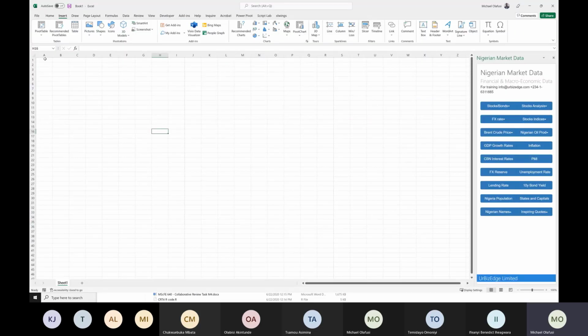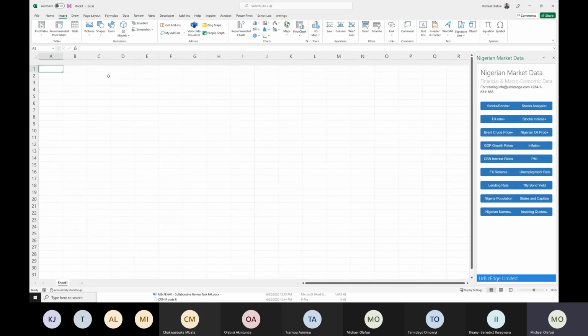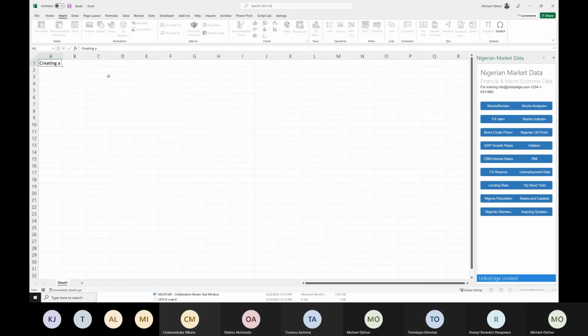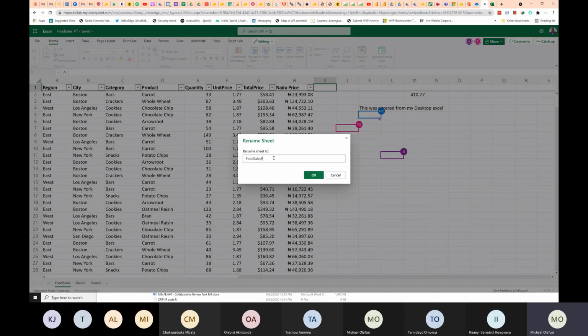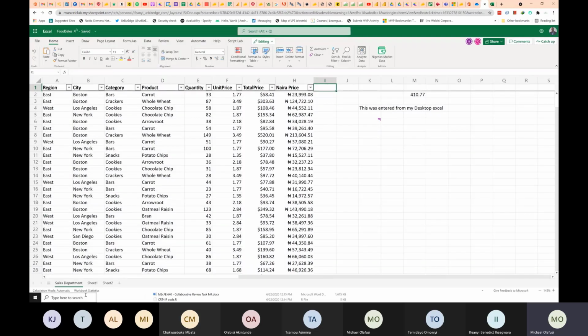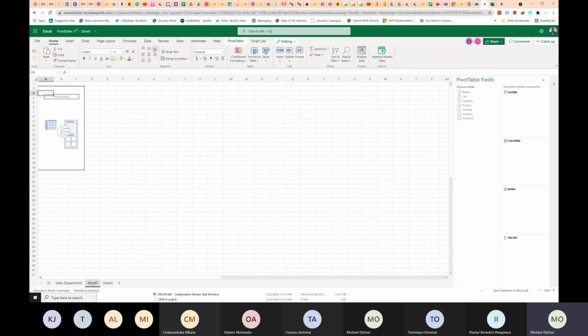So this is a report I'm creating, a dashboard, right? And these are things where my colleagues are supposed to fill. So maybe this is the food department, the sales department, this is information they are filling in, right? And also I have the HR department.